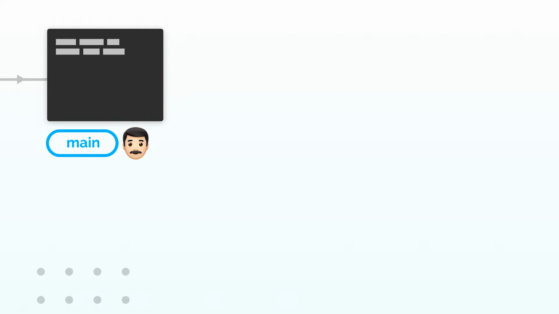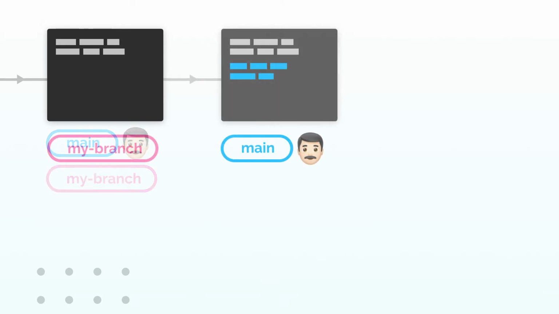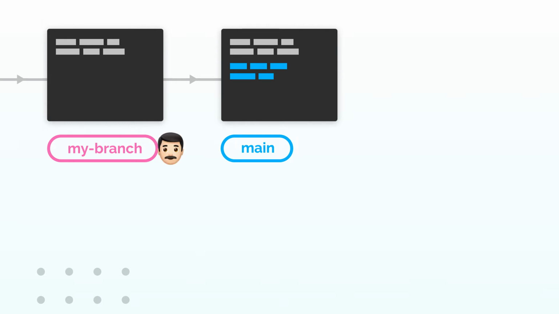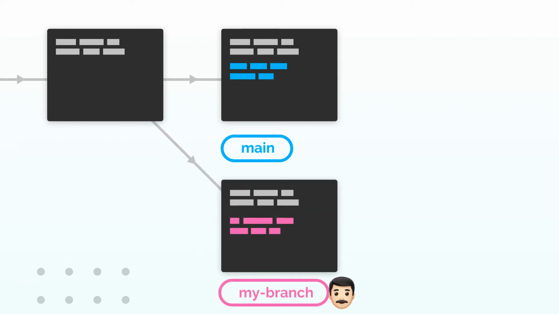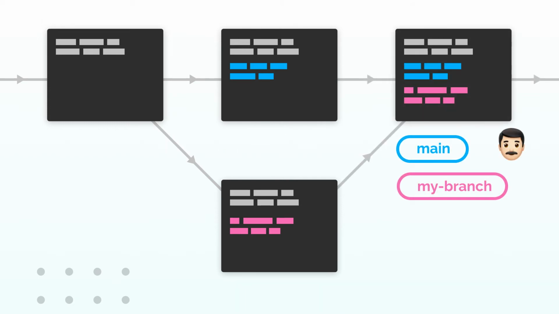This illustration might help you understand things more clearly. First, we had a single branch called main. Then we forked another branch called my branch. Now both of them are virtually the same because we haven't done anything in any branch separately, and they both contain the same code. We added some lines when we were in the main branch. Then we switched over to my branch and added some lines there. At any point in time, you can merge one branch into another branch, which we'll be discussing in the next video.